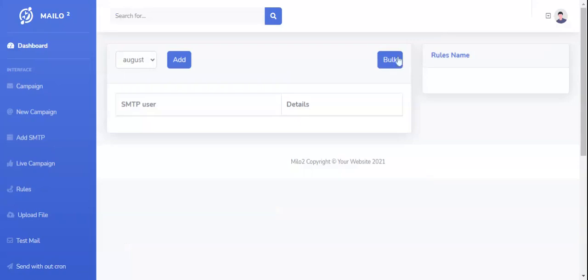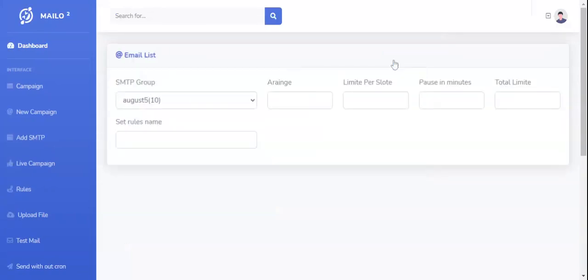You go to the rules, there is an option bulk, click on bulk. You can set a group name. Just select the group name for which you want to set rules. Arrange one, limit 20. That means each SMTP server has a limit of 20. Push 30 means each SMTP server pushes after the first 30 minutes after sending 20 mails.